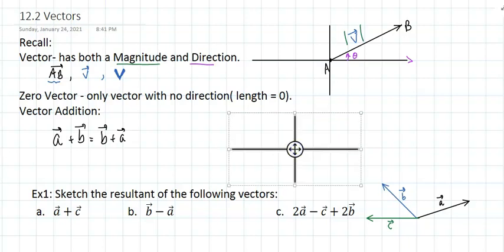So if you take vector A, if vector A looks like this, for example, and vector B appears like this. So what you do, if you want to start with A plus B, you start with A,